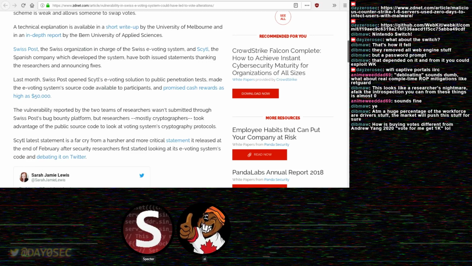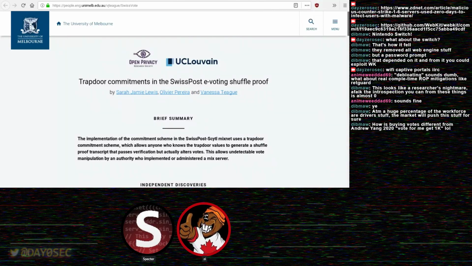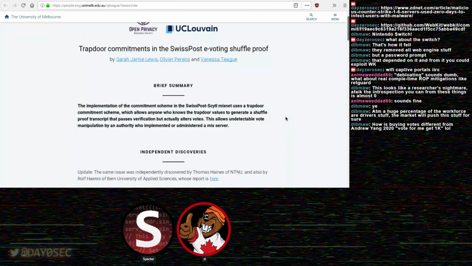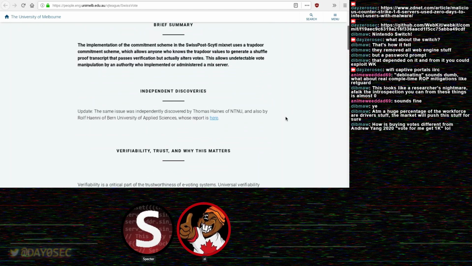Yeah, so I saw it called a trapdoor or a backdoor into the commitment system for the votes. It uses trapdoor commitment, and that's more of a reference to how the crypto works. Trapdoor commitment. That's not so much a backdoor. Trapdoor is kind of a keyword. I didn't have the chance to look into exactly how the crypto works, all the details for this one.